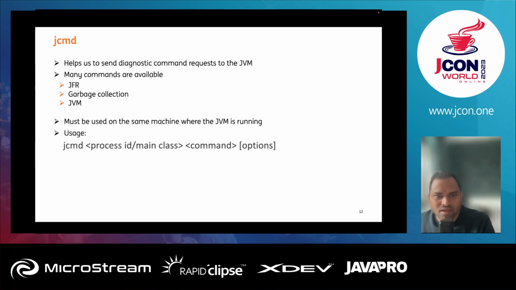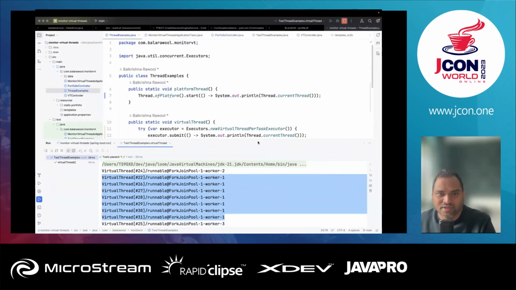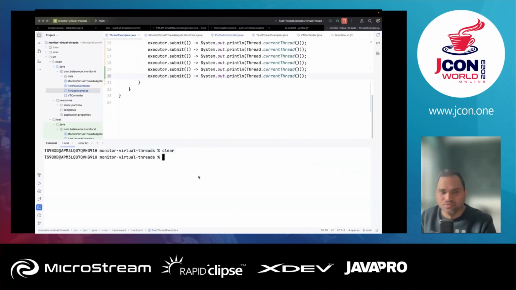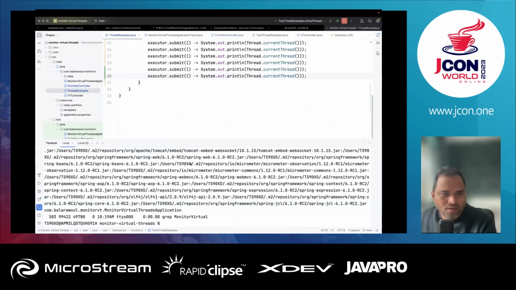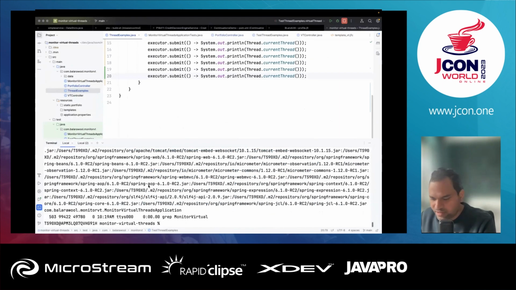So let's see what are the possible commands that we can send by using JCommand. We already have an application running, our Spring Boot application that is running. So what we are going to do is we are going to look at what are the options that are available to us, or what are the commands that are available to us via JCommand. So let's first get the process ID of the application that is running. And it is this 97977. And let's see